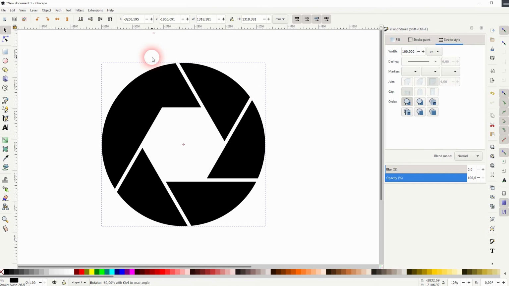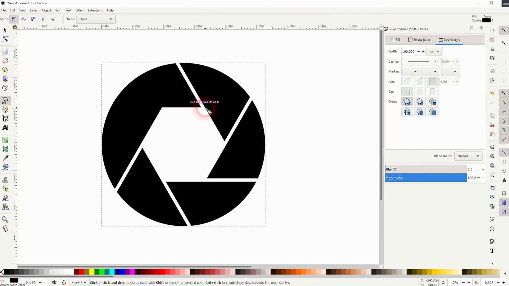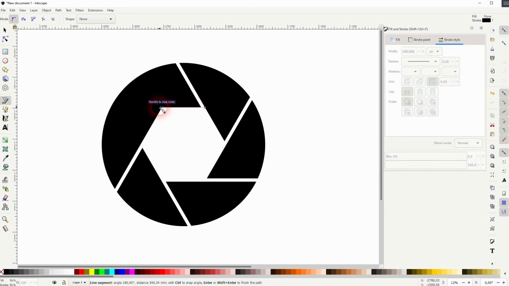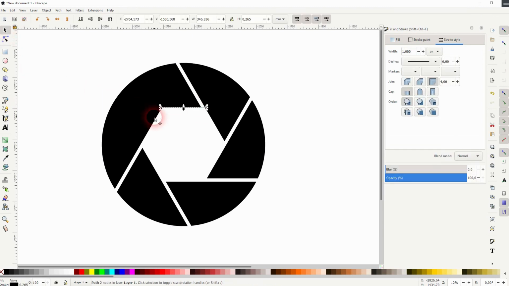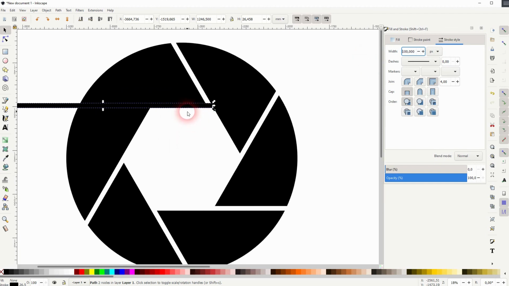So now we've got one more to go. Let me rotate it again with the cursor tool, Bezier tool. Doesn't really matter which corner you take here, as we've already created a cutout at this final position. Stroke width to 100, stroke the path,